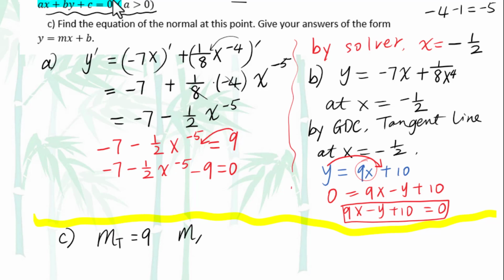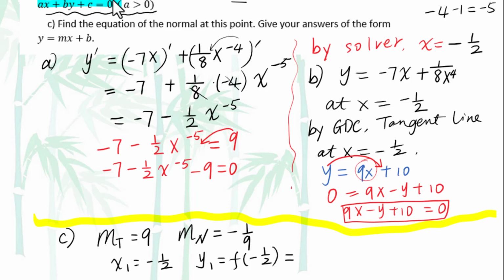Then slope of a normal line equals opposite reciprocal, which will be -1/9. We need x1, y1. x1 equals -1/2. y1 equals f of -1/2